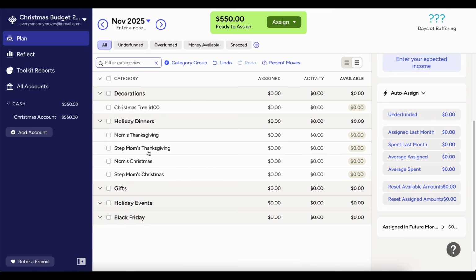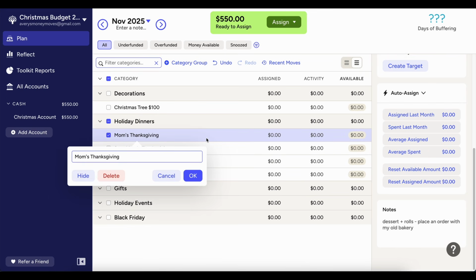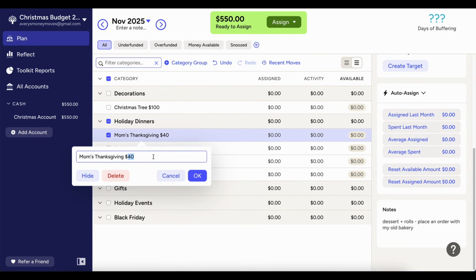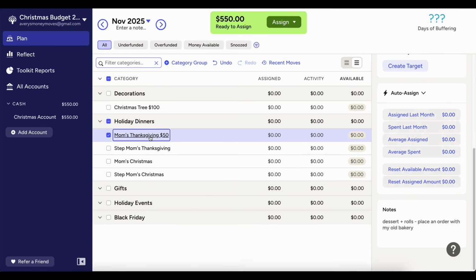For my mom's Thanksgiving, I think this should only cost me like $40, and probably less. It just depends on what I end up doing. It could be $50 if I get a fancy dessert. Although I was at Whole Foods and they had a pecan pie there, and I thought, this looks good enough to me. I've seen some of the desserts at Costco and felt the same thing, like this could just work.